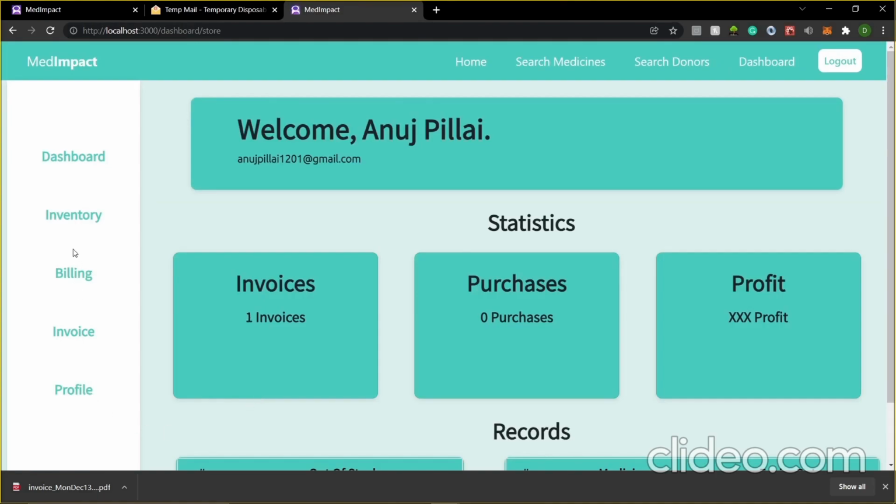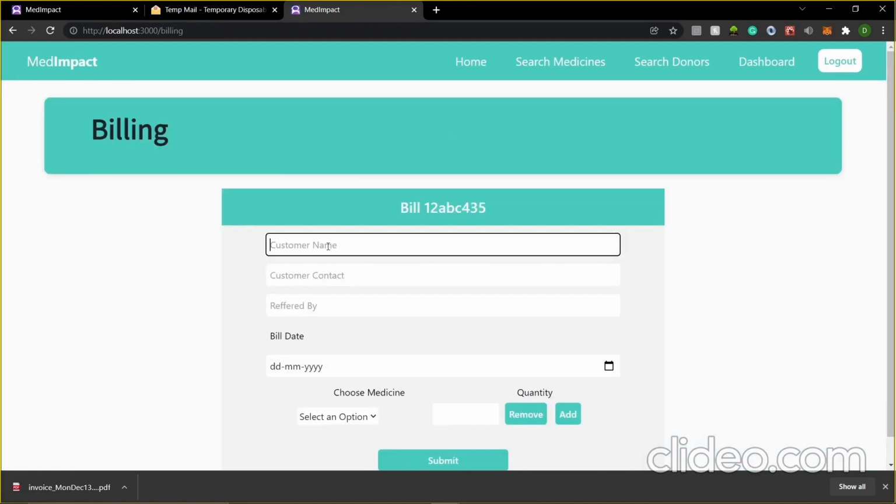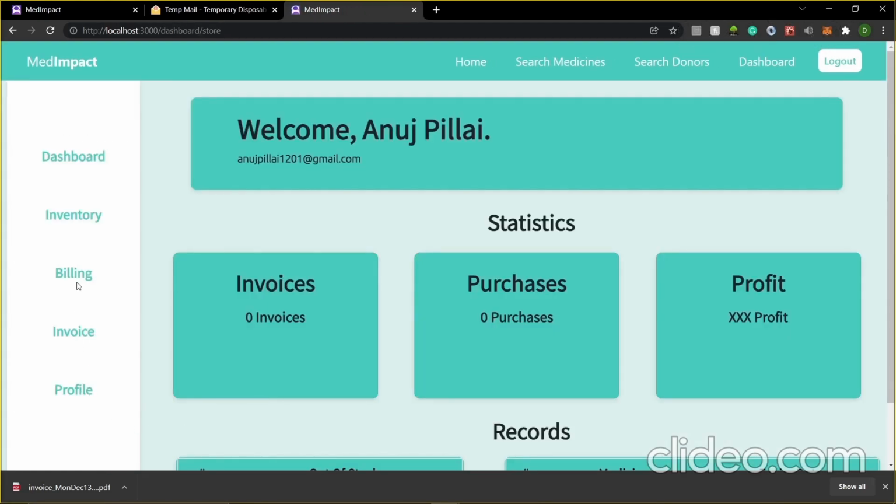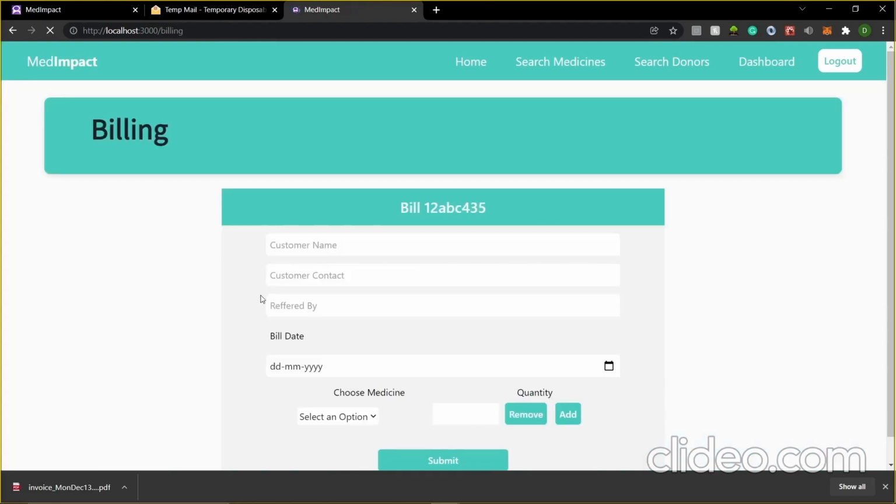So now moving on to the dashboard. Also, can you move back, Dev? Now also mentioning that the number of invoices has increased from 0 to 1, because we have made one invoice and stored that on our blockchain through the transaction. So this increase is information also coming from the blockchain. Okay, so moving on to the billing part.